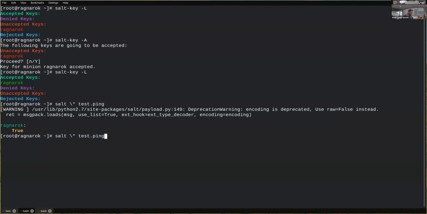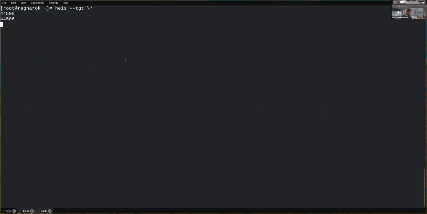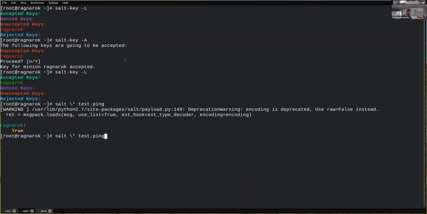And so at this point, again, it's a full-blown minion. Beacons are running. Events are running. The reactor will work. We can run states. There's no restrictions on things like the peer system. It's a full-blown minion. And then when all is said and done, everything inside of that /var/tmp/heis directory can be removed off of the minion, and no harm, no foul. And also the entire runtime is isolated to /var/tmp/heis.